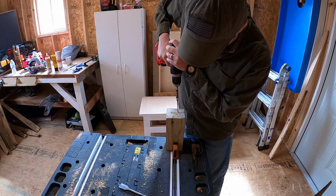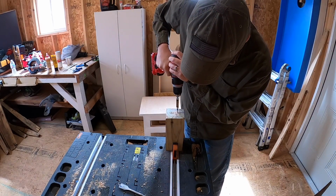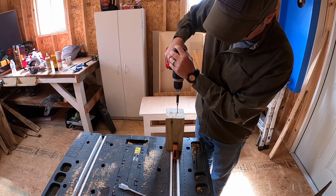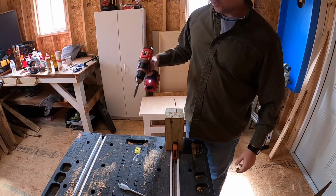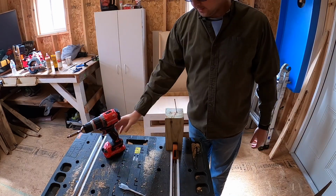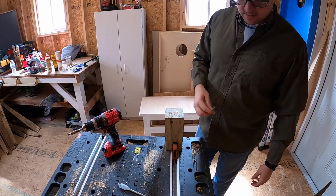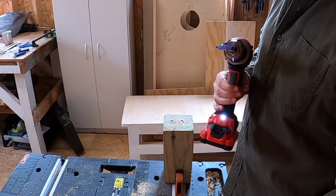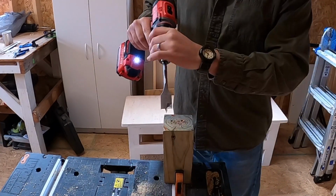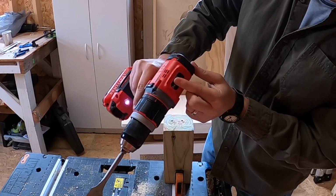This head's deformed. That's perfect. See? So what that tells me is this thing's super powerful. That was impressive, to be honest. Had to back her off. But we're gonna do the 1-inch paddle bit. See how she does. Actually, I am gonna put this